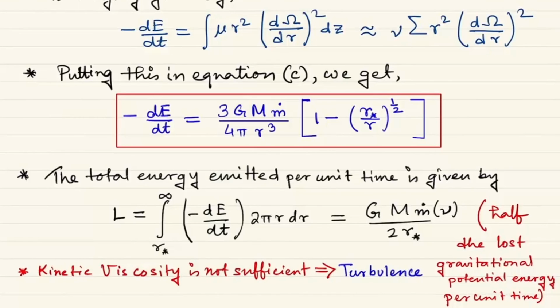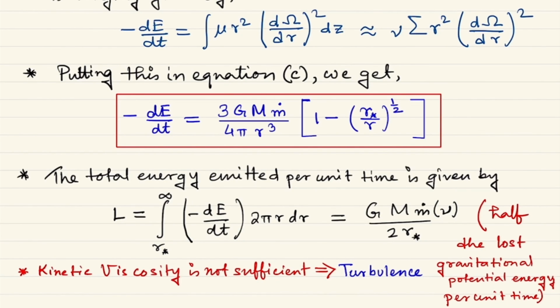If you can understand that, you can simply see that the total gravitational potential energy lost gets converted into two classes. One is the kinetic energy of the disk, one is the heat energy or the radiated energy, and that's exactly the energy one can see from a compact source of X-ray, for example.